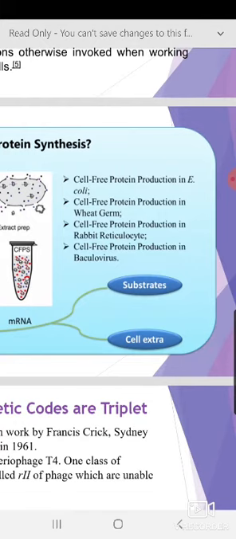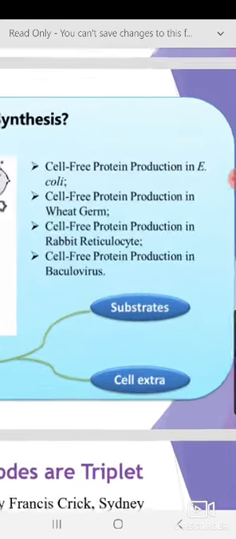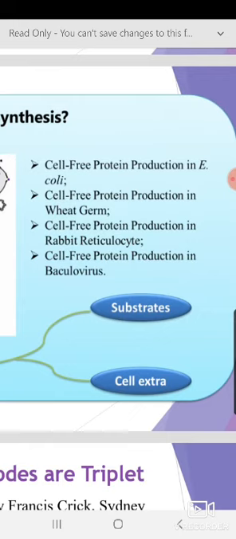Now, what are the very popular cell-free systems used to study a prokaryotic system? Cell-free protein production in E. coli cells is very common. If you want to study plant cell lines or that type of cells, there is production from wheat germ, which consists of very highly growing cells. So cell-free production in wheat germ is a popular system. Then there is cell-free protein production in rabbit reticulocyte.